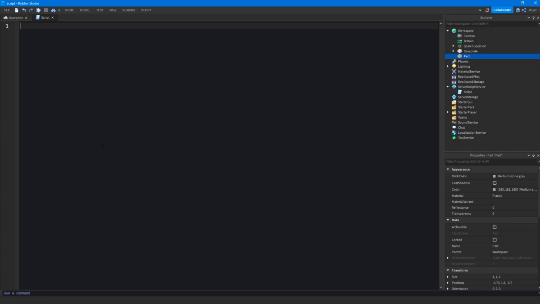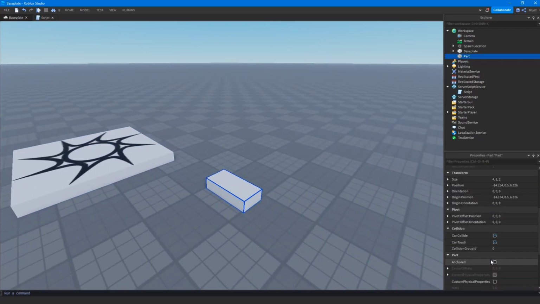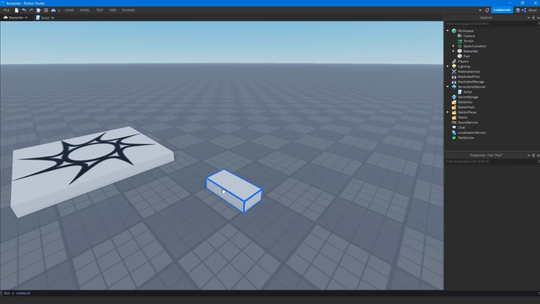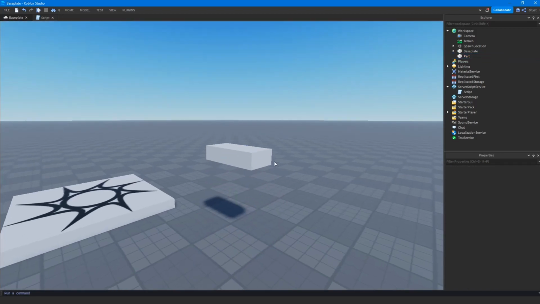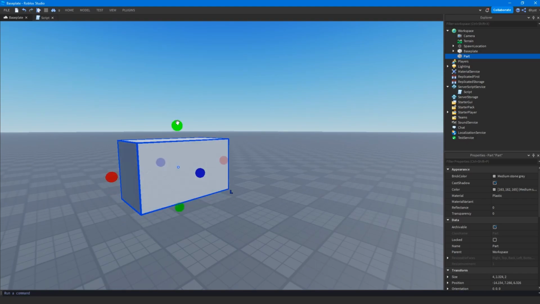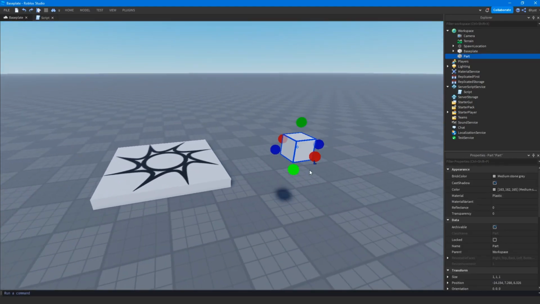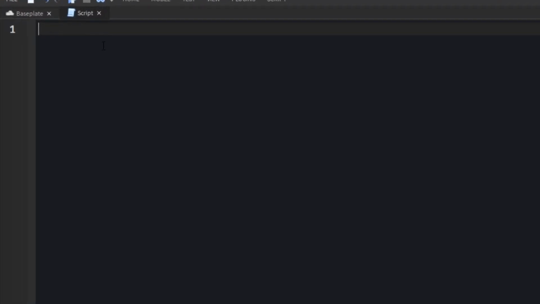Alright, so I'll go ahead and make my solution. Obviously there are going to be like 20 different ways that you can do this, but what I'm going to do is make sure my part's anchored, which means that it won't move. Gravity won't affect it. And I'll give it a small size of 1,1,1. We'll leave it there. And what we'll do is make our reference to the part, workspace.Part. And then we'll make a for loop, and we'll give it a control variable, i equals